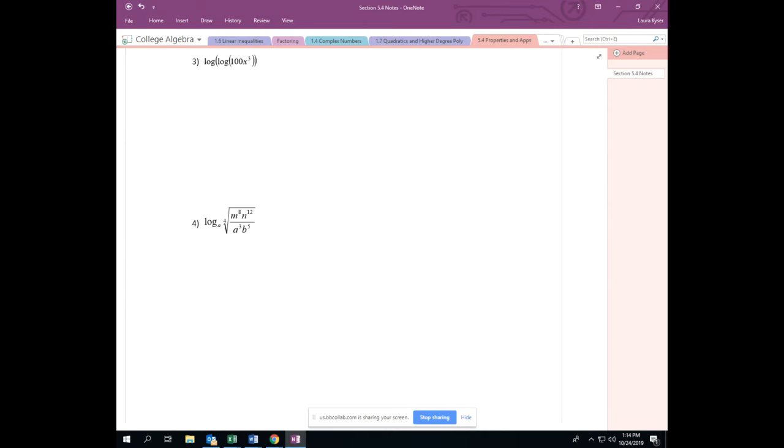All right. Now we have a couple more examples here. Number 3 has log of a log. And so that means we're going to kind of have to start from the inside and work our way out. So this piece first